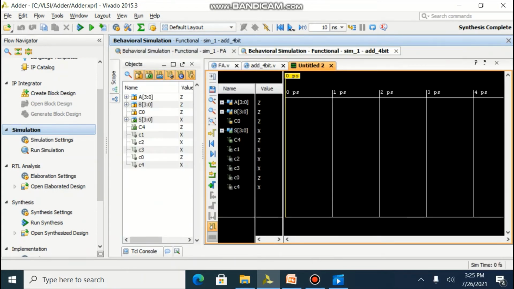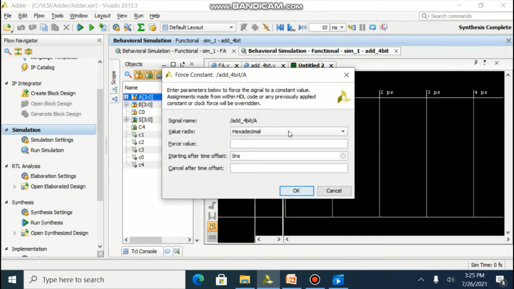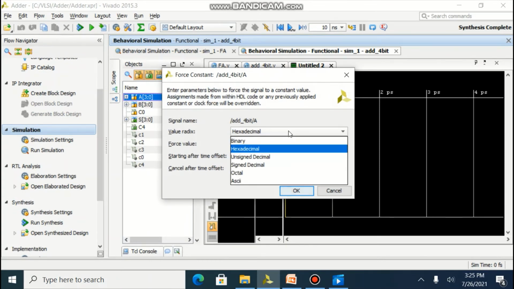In the simulation window, you can observe A, B and sum. They are visible as 4-bit. Simulation from 0. By using force constant, we can force different values, and we can set the radix as binary, hexadecimal, unsigned decimal, signed decimal, octal or ASCII.